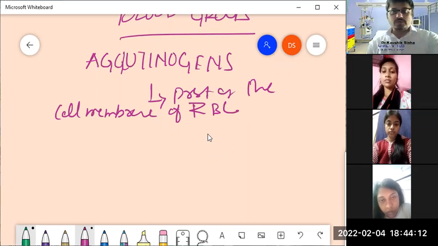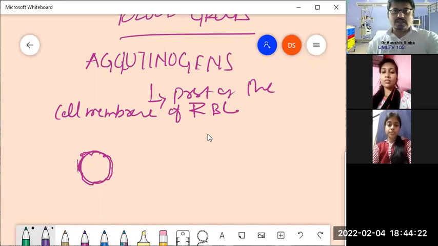Now, suppose say this is an RBC, and if this be an RBC, then outside this layer is to be considered as the cell membrane, right? Now, on this cell membrane, there are